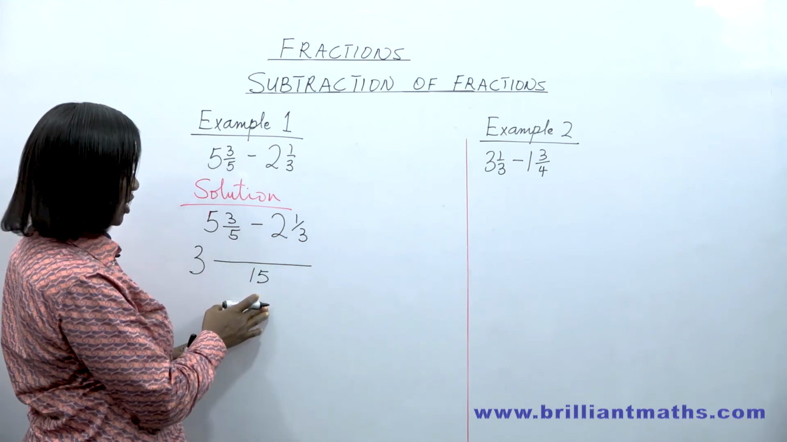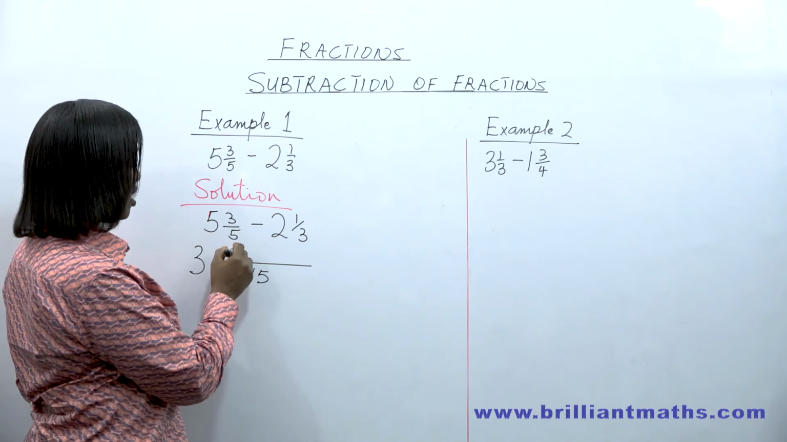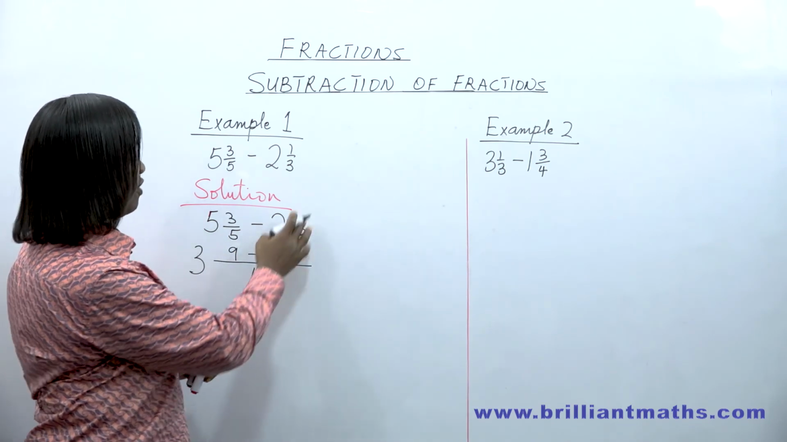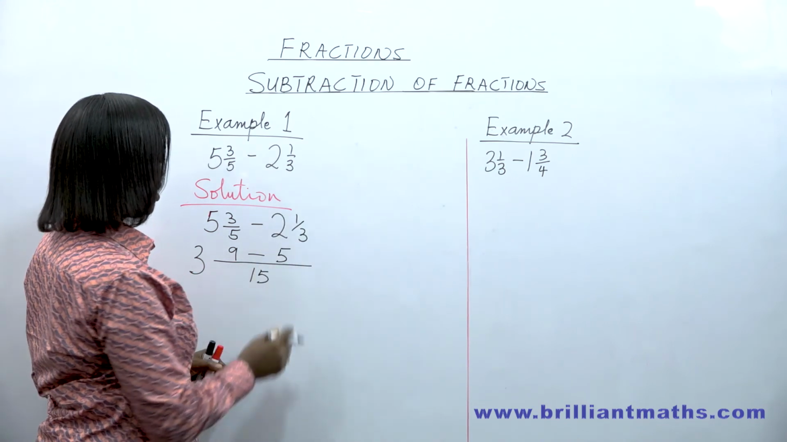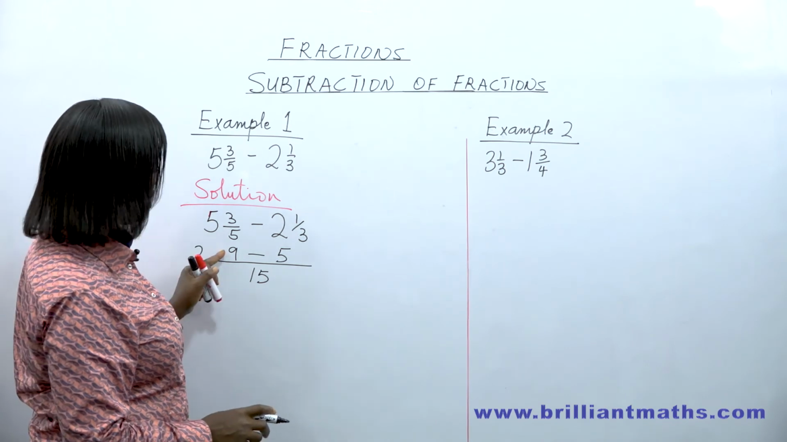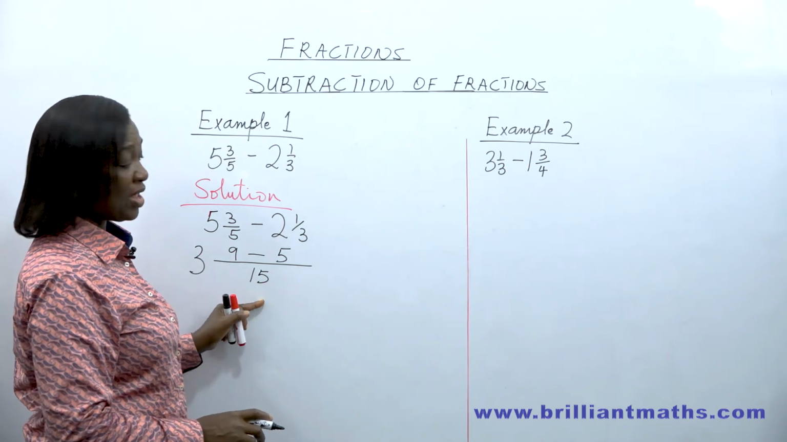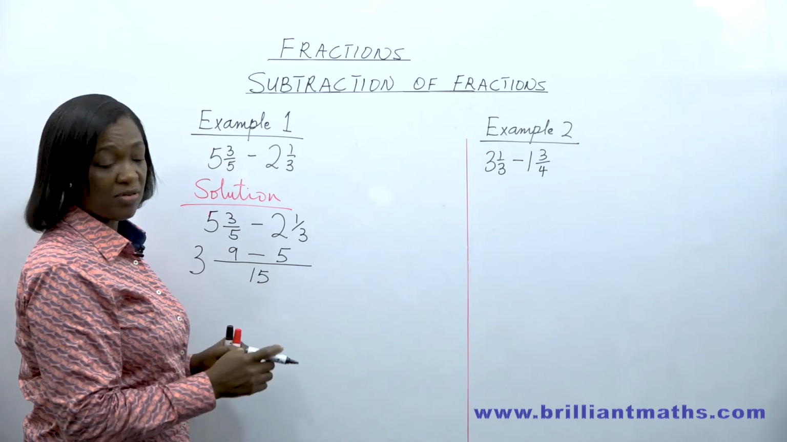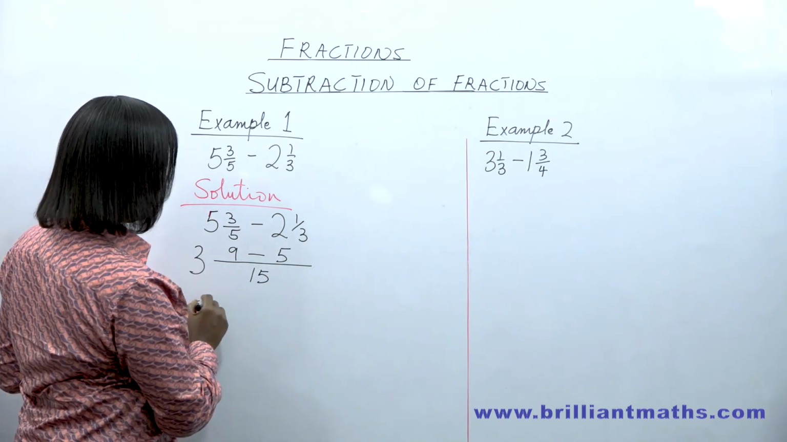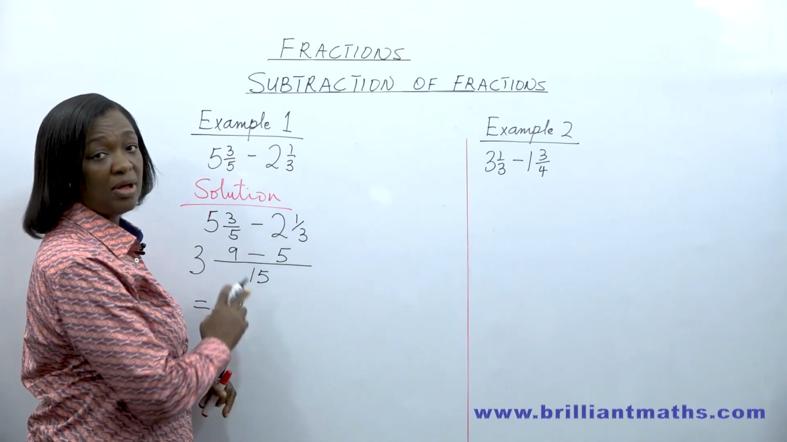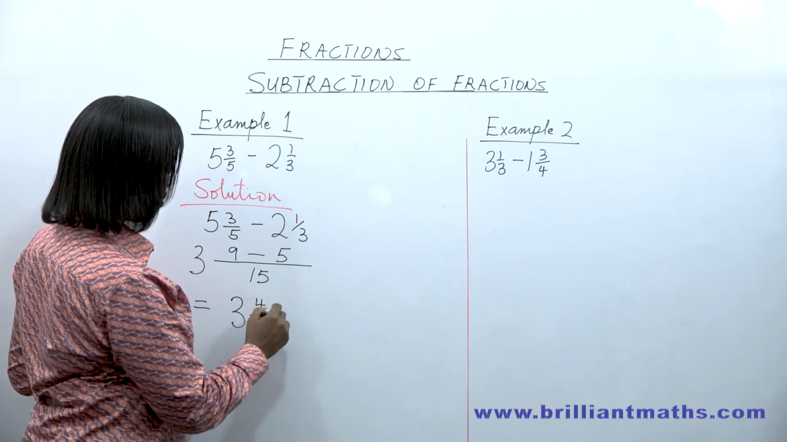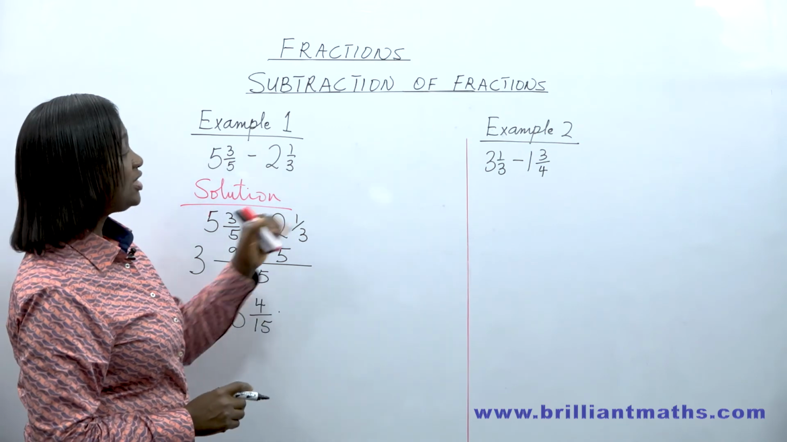5 in 15 is 3. 3 times 3 is 9. Take away 3 in 15 is 5. 5 times 1 is 5. That means that 3/5 is equivalent to 9 over 15. And 1/3 is equivalent to 5 over 15. So our final answer is 3 whole number. 9 minus 5 is 4 over 15. In the second example,